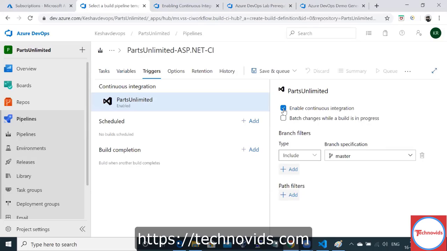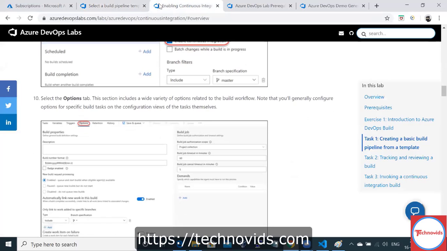In which scenario do you want to enable continuous integration? For which branch? I say that for the master branch, enable continuous integration. Include master branch. So now I have enabled it.